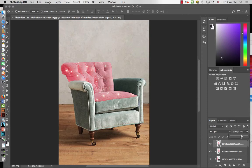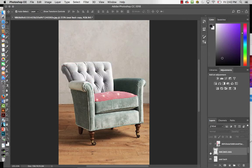So let's say I take the pin light back up, but part of this is not being overwhelmed by this, but just actually being curious is what I want you to do. Be curious and see what you can do. There are no rules. So I'm going to take the seat back, and then I'm going to duplicate that layer as well and see if that helps with making